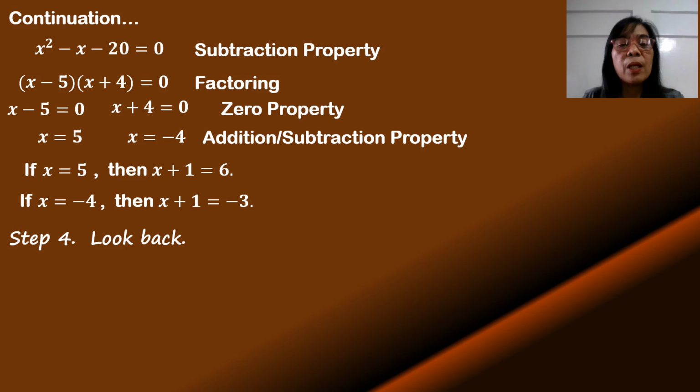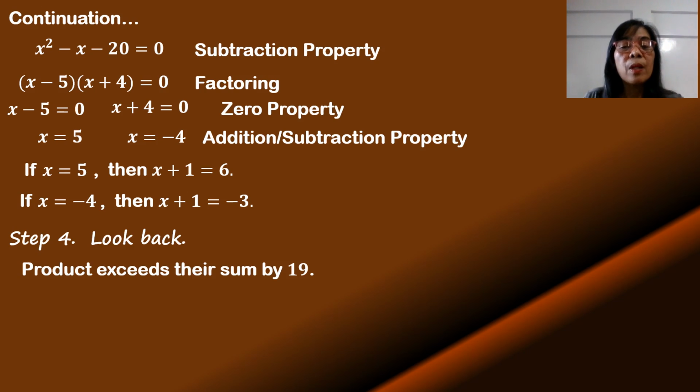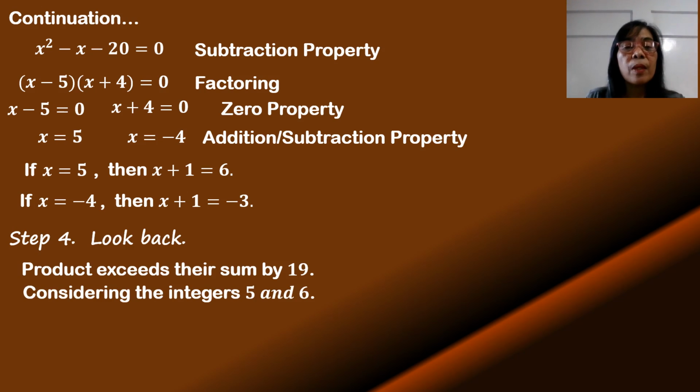So we proceed to the next step, which is to look back. To look back is to try to check if the obtained answers satisfy the given condition. The condition is that the product exceeds their sum by 19. Considering the first set of solutions, we have 5 and 6. So their product, 5 times 6, we check if this exceeds their sum, 5 plus 6,